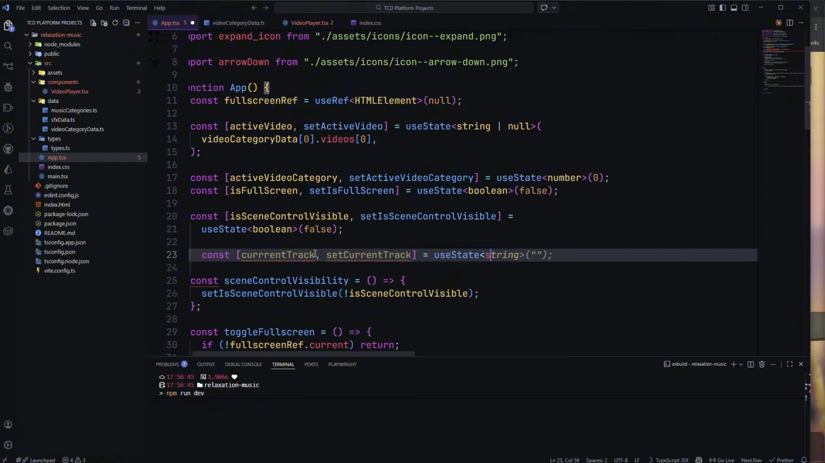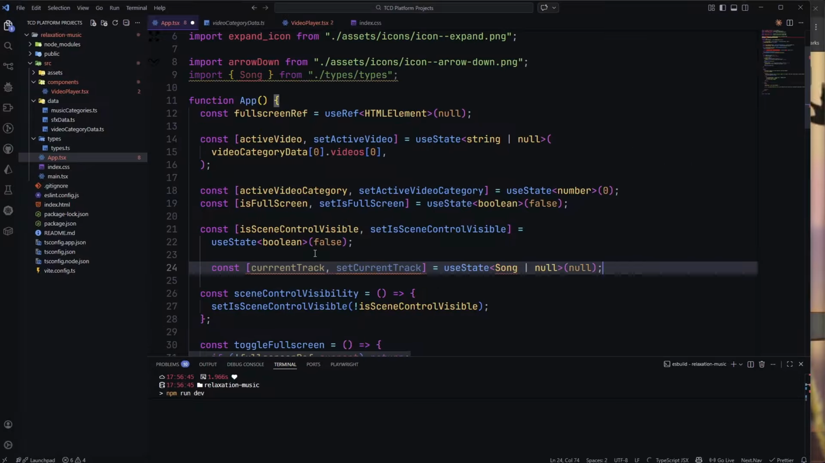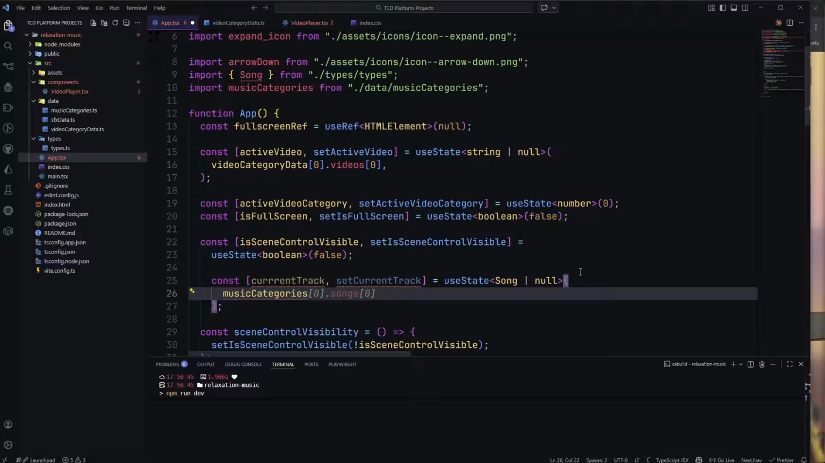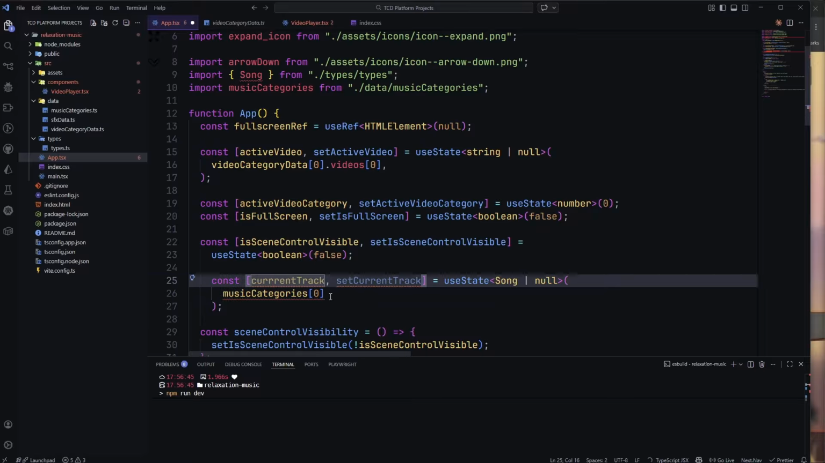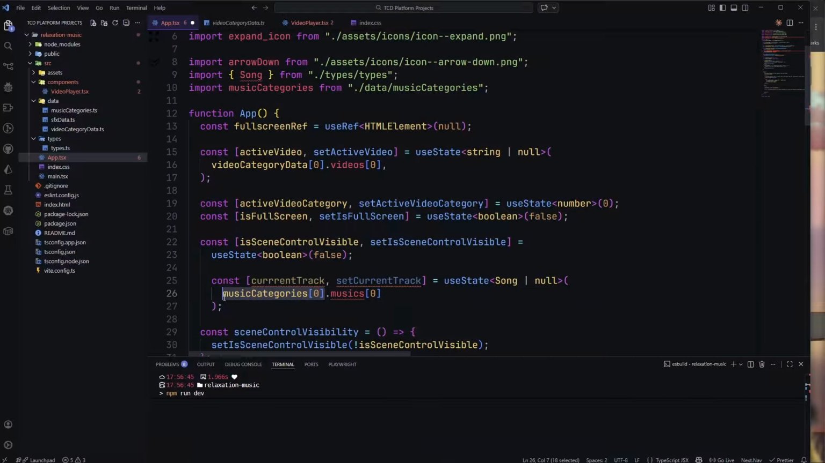The type of this current track is going to be type of song. Okay, so import the type song. But initially, we're actually going to select a song. So music, categories, and then for each category, I'm going to select a song. For now, I'm going to select the first one, and then dot music, and then I'm going to select the first song. So music, and then each category, I'm going to select the first category, but I'm going to